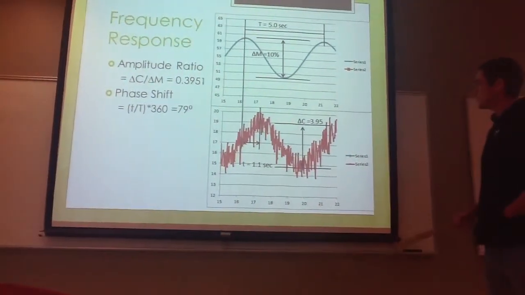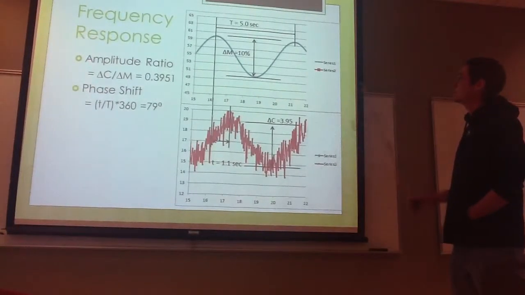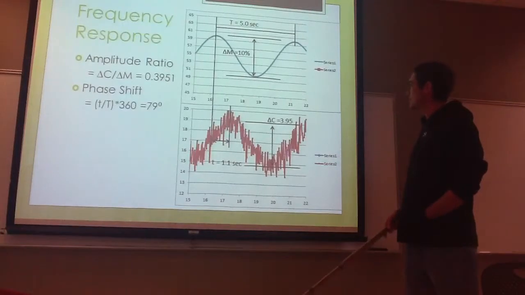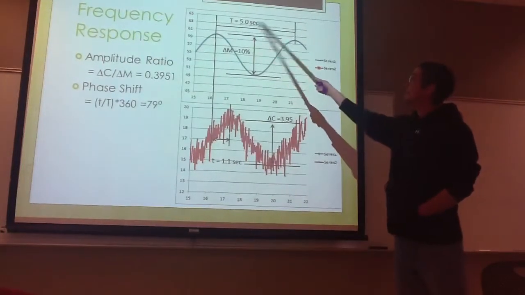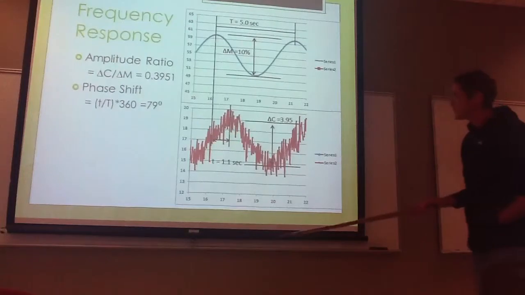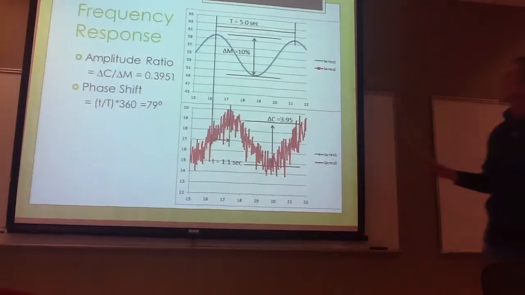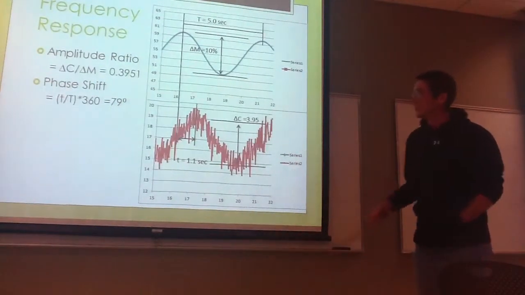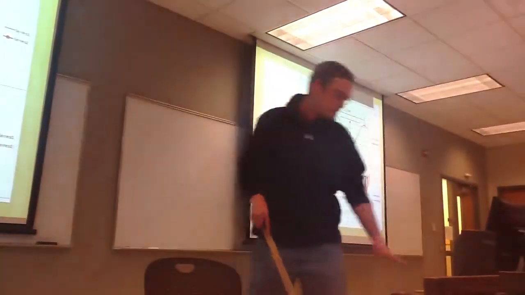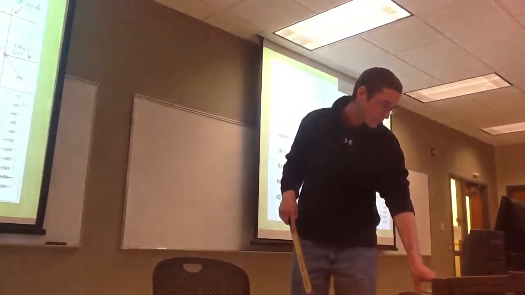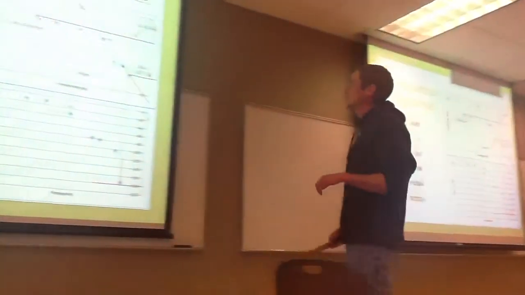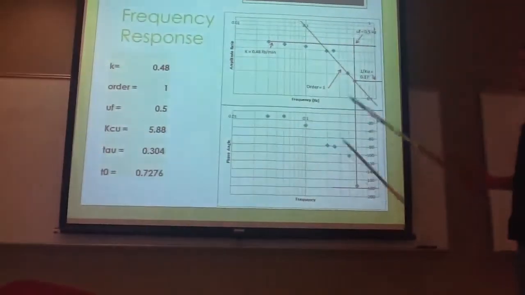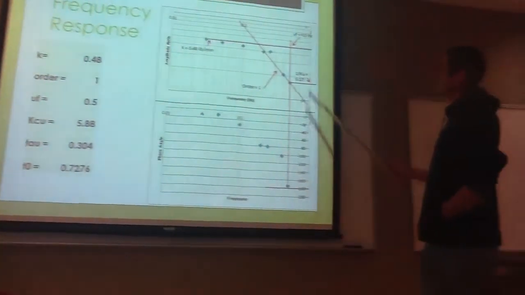Every change going through a sinusoidal input, and you can look at how your system reacts to this input change. From this T and the period, we can get a phase shift, and then from the change in the input to the change in the output, we can get an amplitude ratio. And when we plot enough of those onto a Bode plot, we can get new values for our variables used for modeling. Here the K,